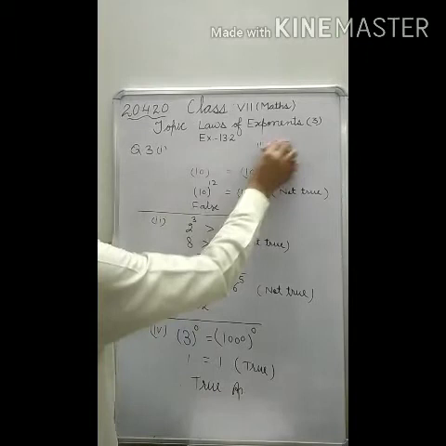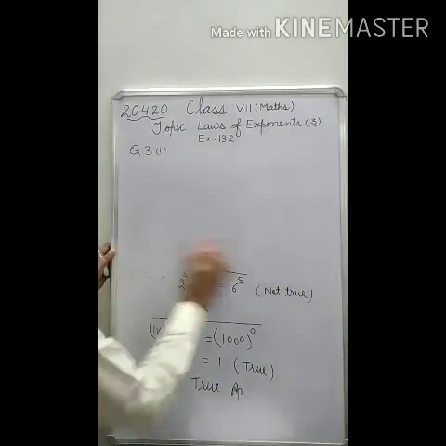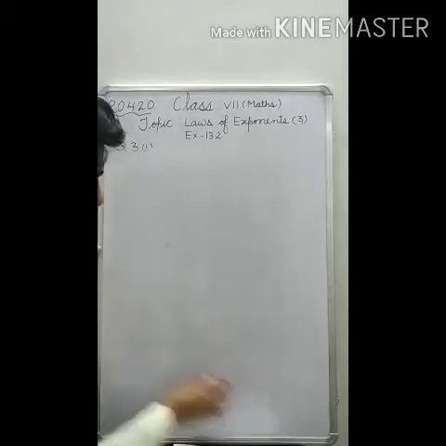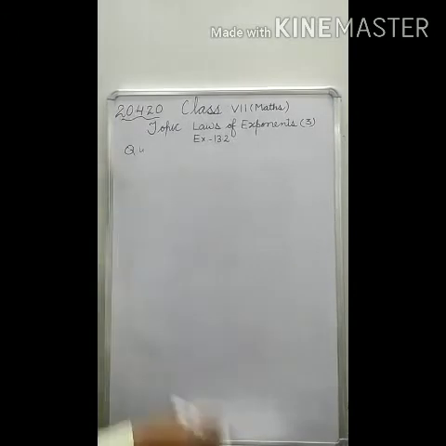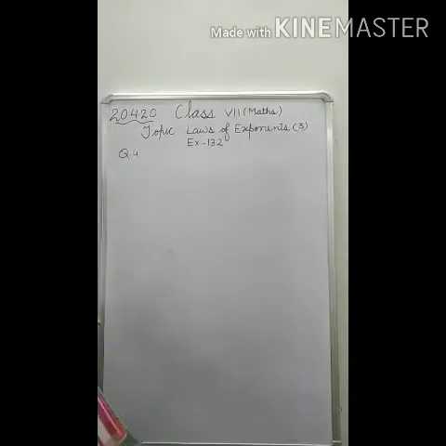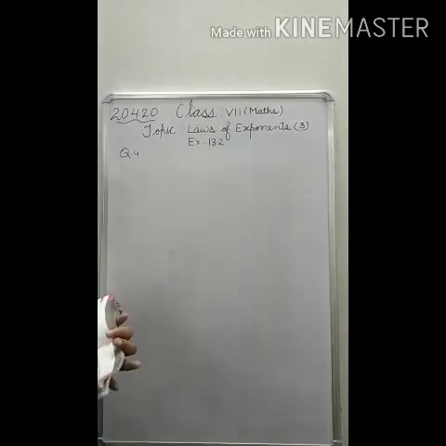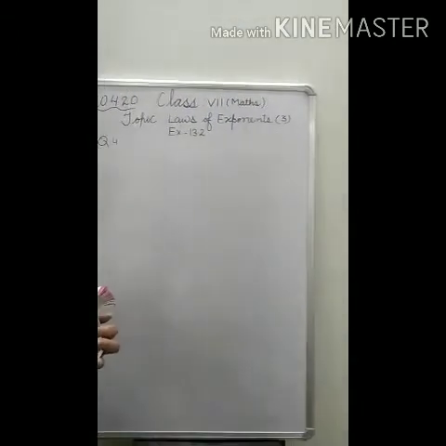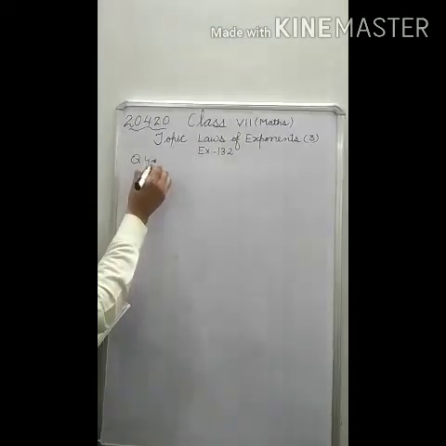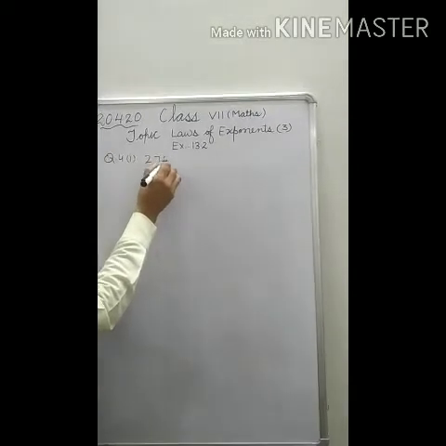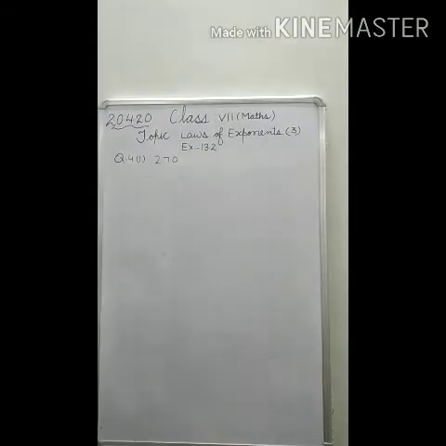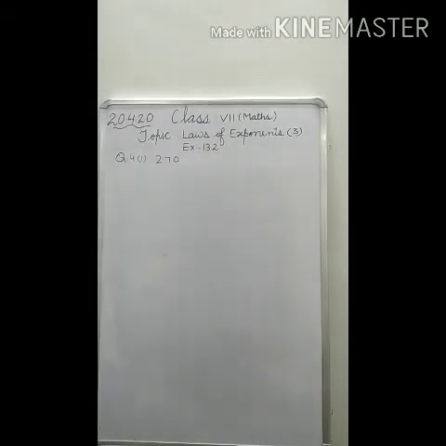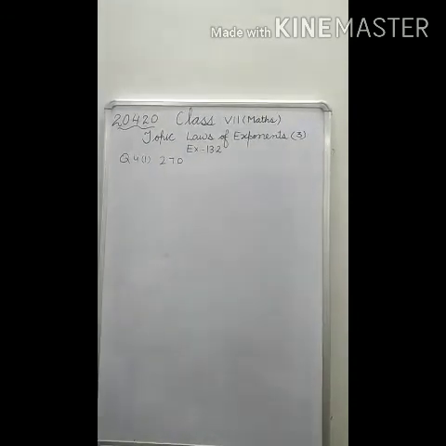First of all, read the statement of question number 4. Now, in question number 4, we have given: express each of the following as a product of prime factors only in exponential form. So, let us move with the first part. Here we have given the number 270. We have to convert it into exponential form as a product of its prime factors. So let us start it.